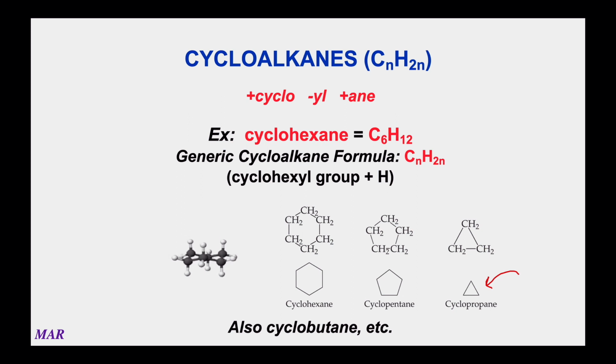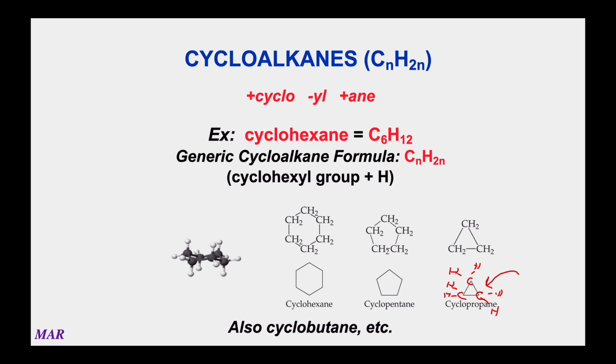So a triangle is also the symbol for cyclopropane, and you just have to realize that at each one of those vertices you've got a carbon. Carbon always has to have 4 bonds, so because those carbons only have 2 bonds, 1 to each carbon, that means there's going to be invisible hydrogens off each one of them. So this is something else to get used to in the organic chemistry symbolism.